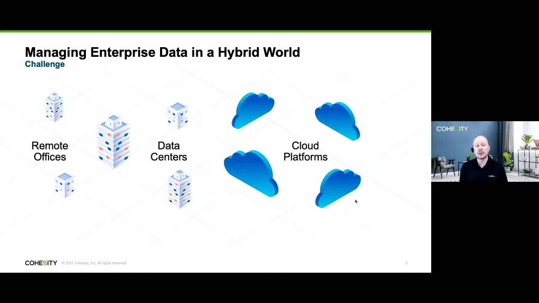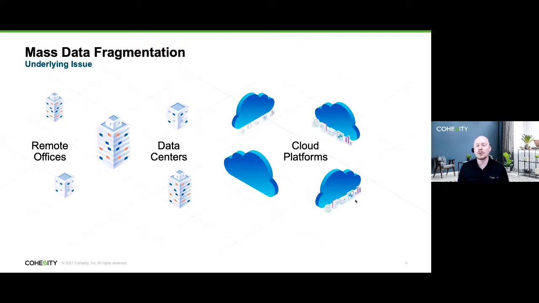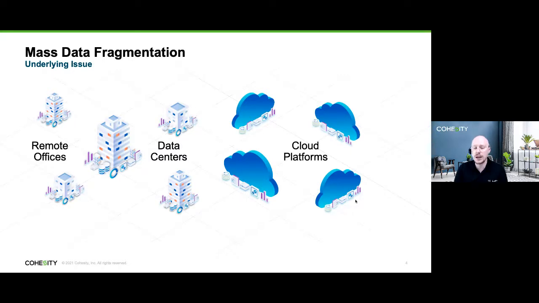You've got a lot more flexibility between cloud and data center and remote offices, but we've created our own problem in the fact that we've put data everywhere. And it gets more and more complicated to be able to manage that at scale, versus just having one data center with one backup application and one old school tape silo.